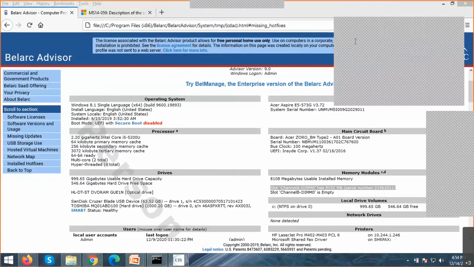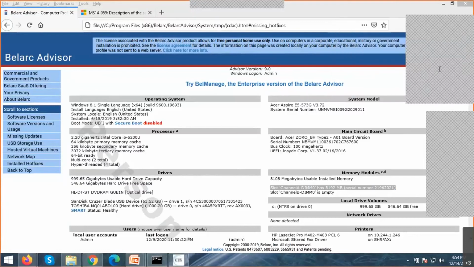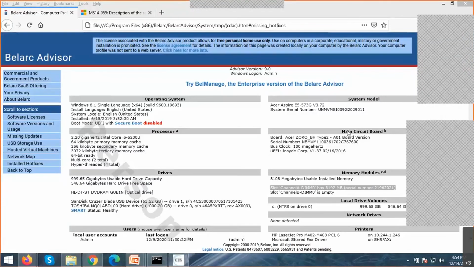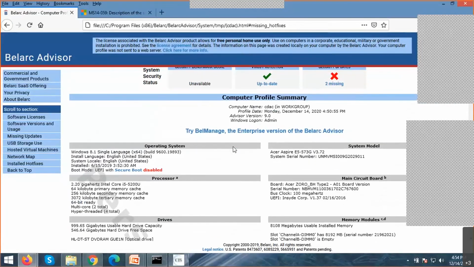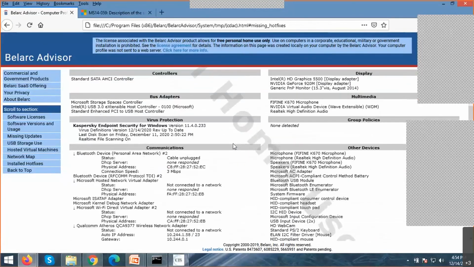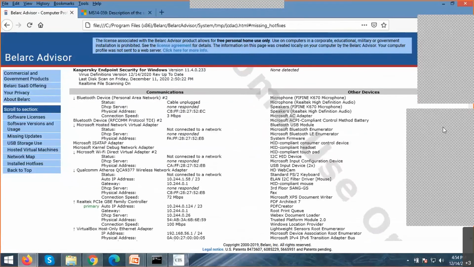Let me check. Okay, if it is not there, there is one more document, I will show you how to do that. So these are some of the things which you have to harden as per your guidelines. Okay. So coming to these things, here you can also see